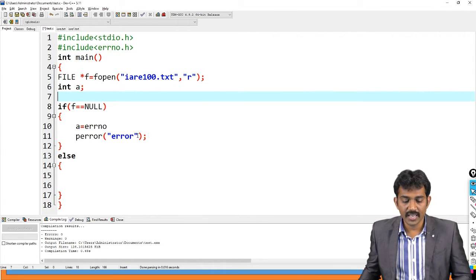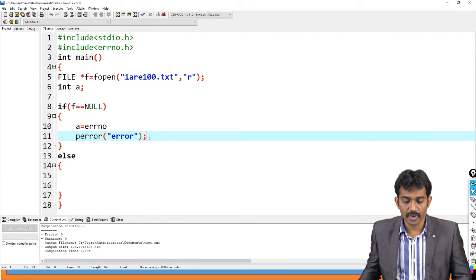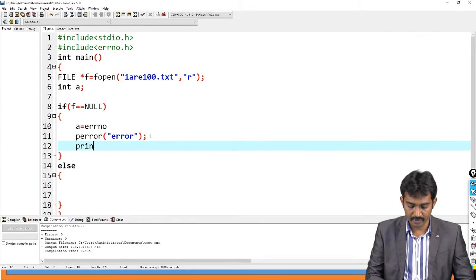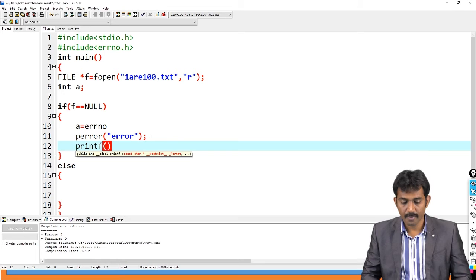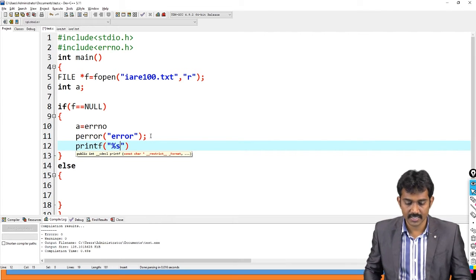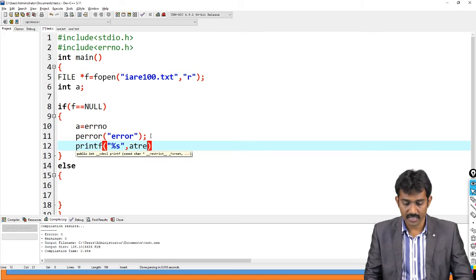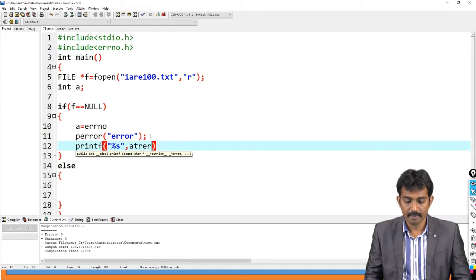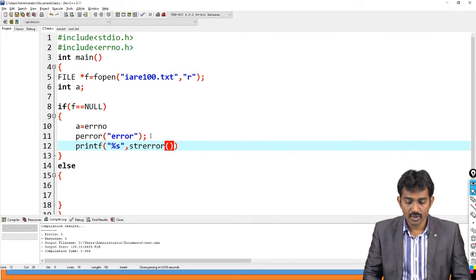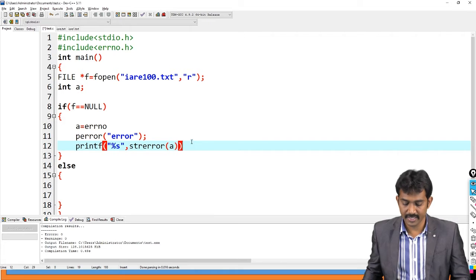Then use this a in printf: printf of %s, comma, the textual strerror of errno. So what is that E? E is going to represent the error.